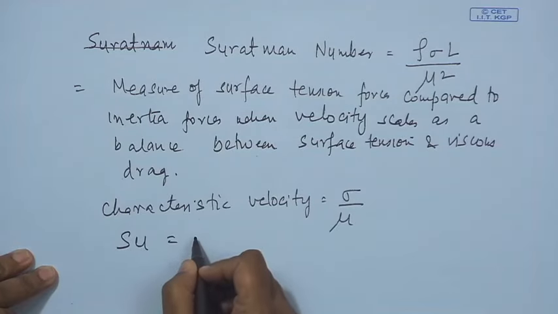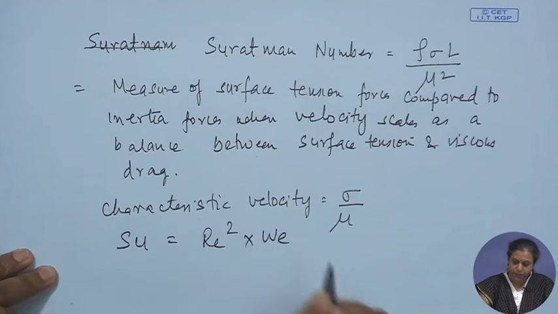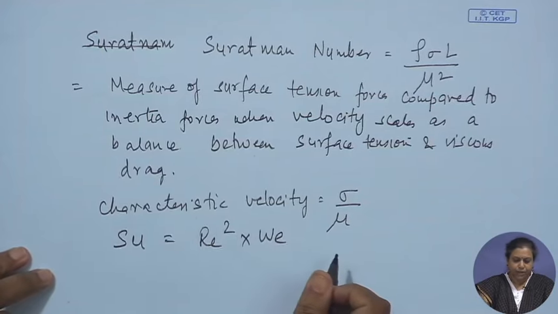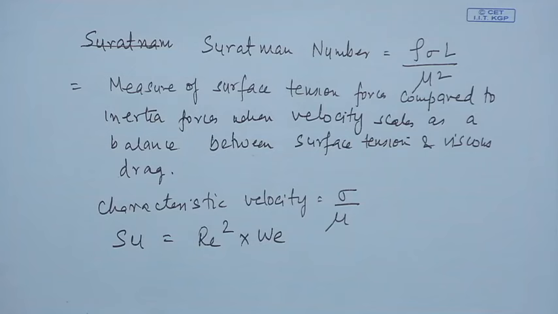If you observe the number, you find this is nothing but Reynolds number square into Weber number. So, this gives a very good idea about the measure of surface tension force compared to inertial force when the viscosity is defined as a scaling parameter between surface tension and viscous drag. It is basically the Reynolds number defined with a proper characteristic